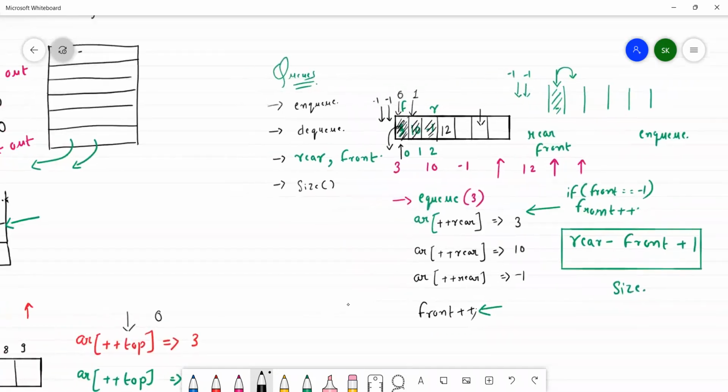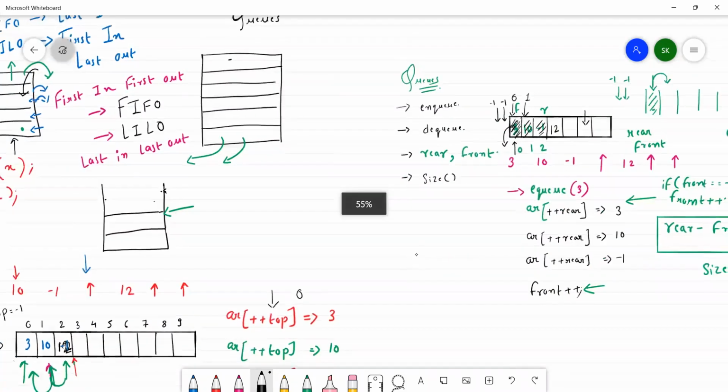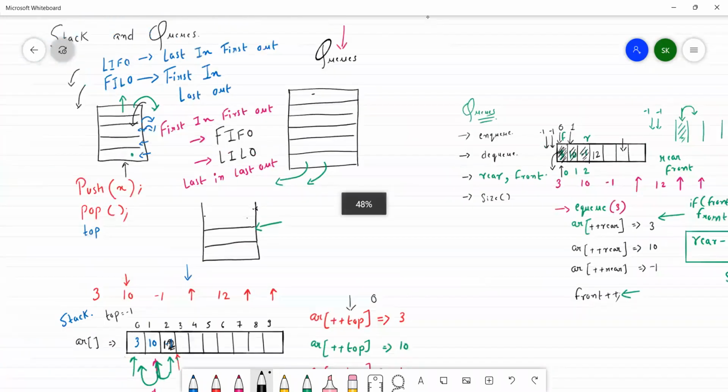There are so many types of queues which are going to come, but as of now, these were the basics for stack and queues. So I'll end the class now, and we will